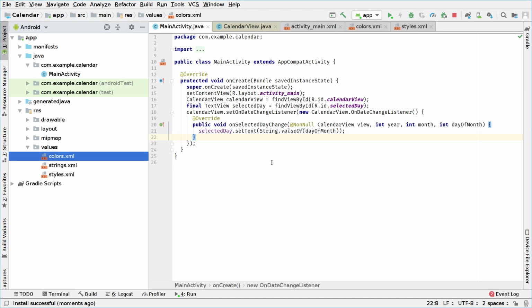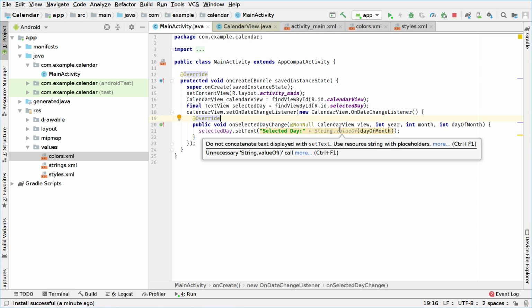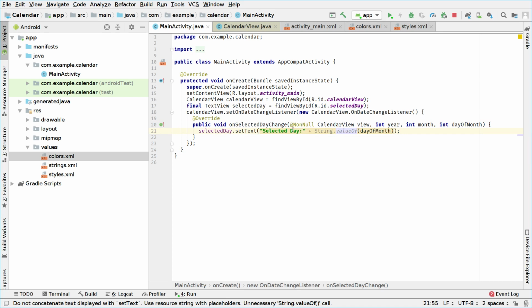So instead of doing setText this, we're gonna say double quote, and we can say selected day, and to concatenate these, we will put a plus here and say String.valueOf(dayOfMonth). Now when we concatenate this, the IDE says do not concatenate display text, because this is kind of a bad practice, but